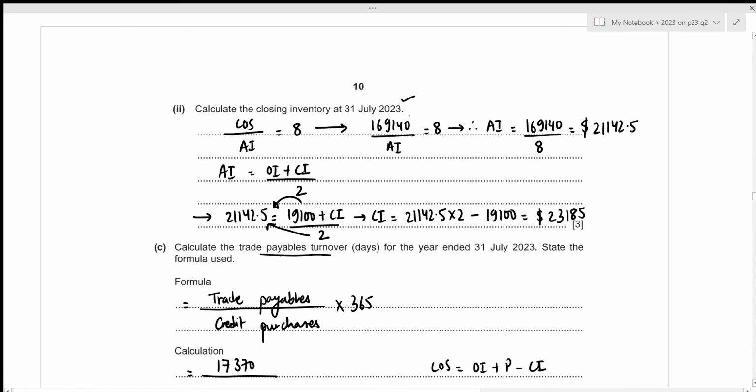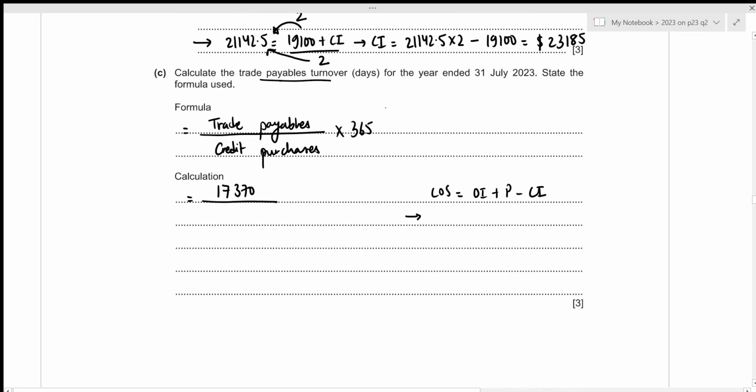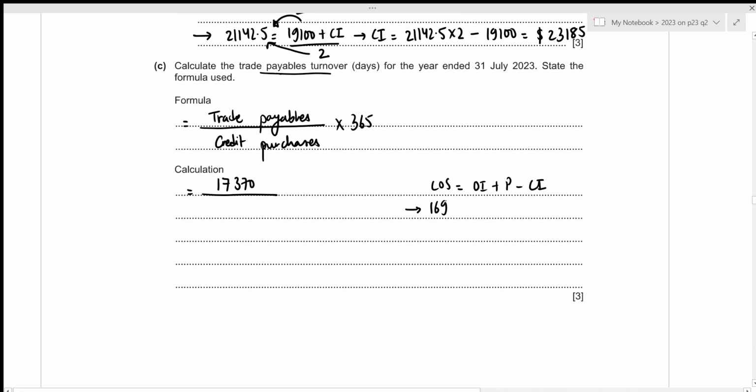And the cost of sales, we calculated it to be 169,140. The opening inventory was given to be 19,100. We're trying to calculate the purchases. The closing inventory, we figured it out to be 23,185. So our purchases or the credit purchases is just going to be